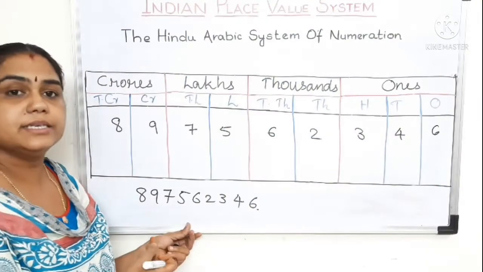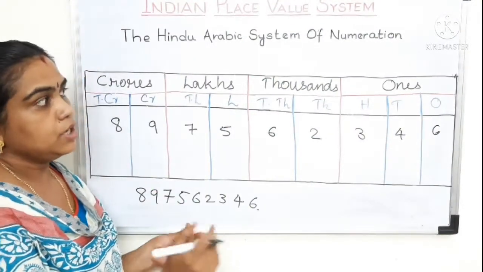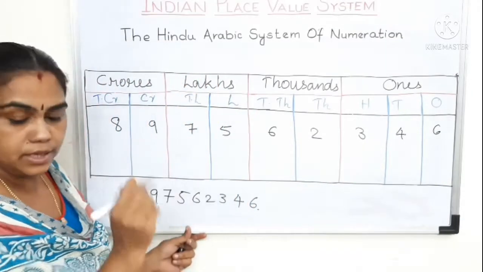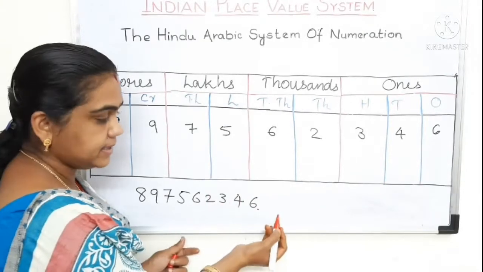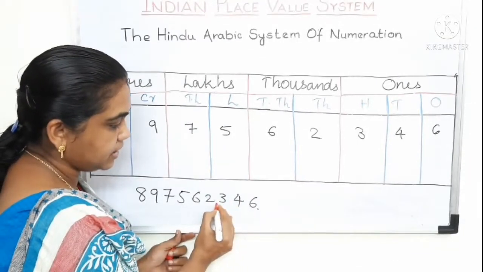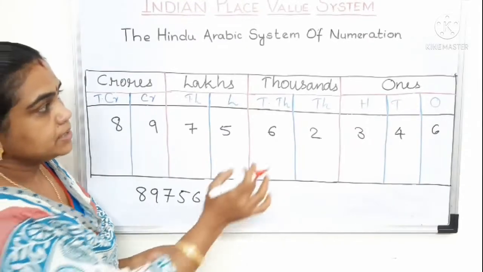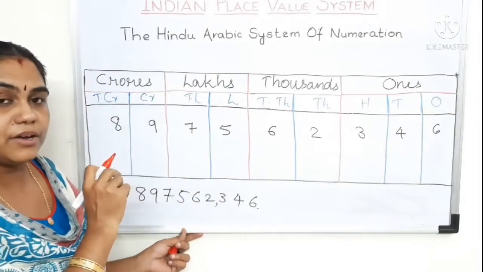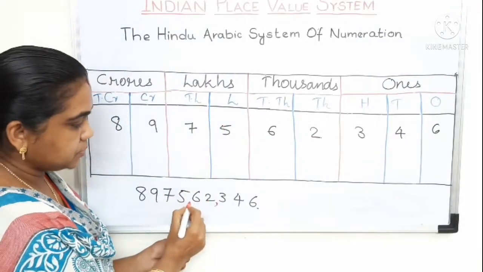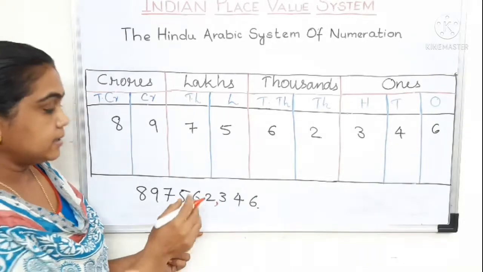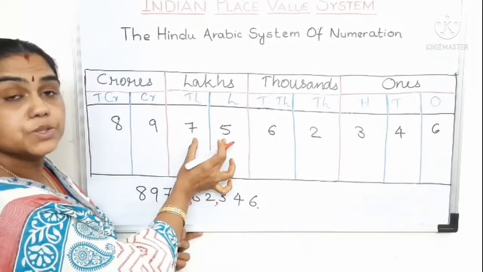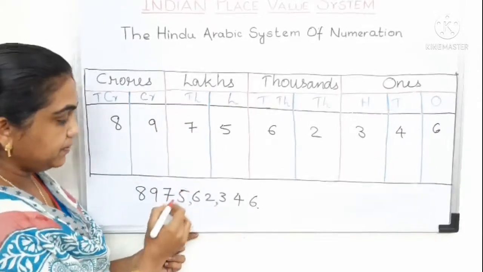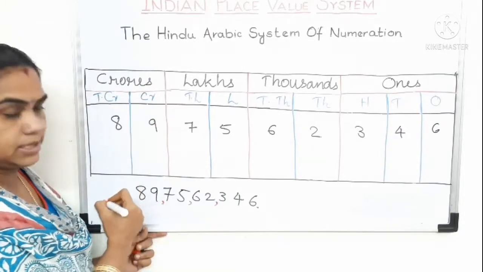Here we will be inserting the commas after each period. So ones period, it consists of 3 digits. So first comma comes after 3 digits from the right end. 1, 2, 3. After that we can insert the first comma. Second period, it consists of how many digits? 2. So next comma comes after 2 digits. So after 2 digits we will place the second comma. And third comma again, that comes after 2 digits. Because lakhs period, it has the places lakh and 10 lakh. So we will place the comma after 2 digits.